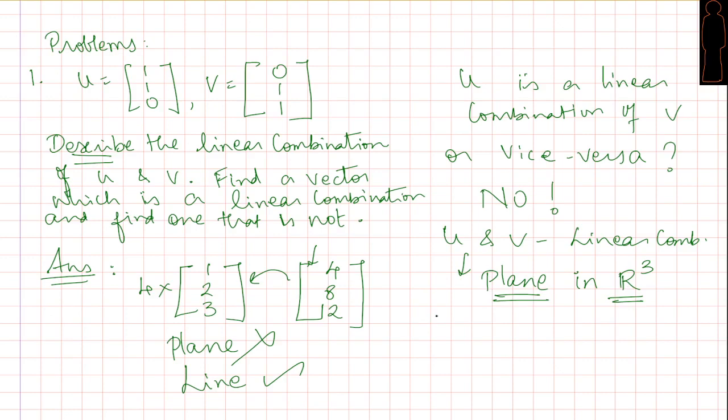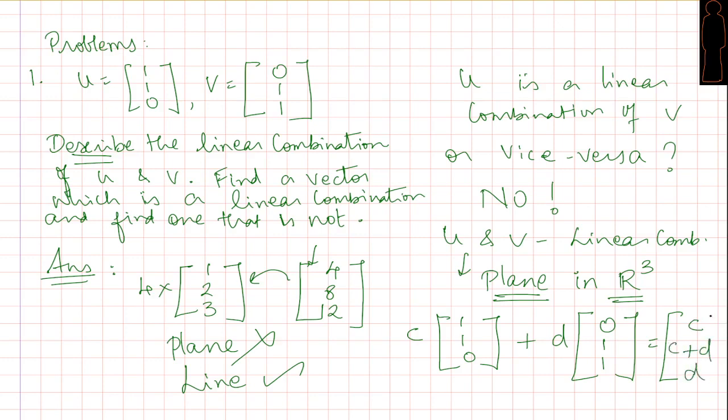So let's try and describe this plane. So what do we mean by describing this plane? What we'll do is we'll pick up some constant here, c. Take u vector, this is 1 1 0, plus another constant, say some real constant d, and this is 0 1 1, and what would be the resulting vector? The resulting vector is going to be c here, it is going to be c plus d, and the last one is going to be d. And we are going to say this vector describes that plane.